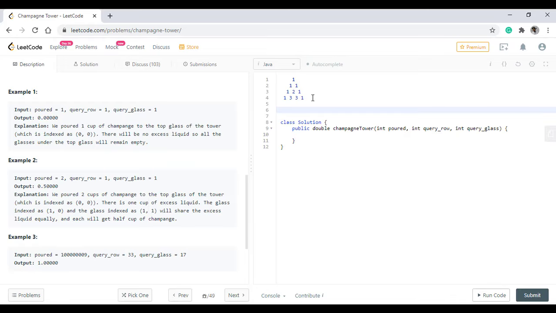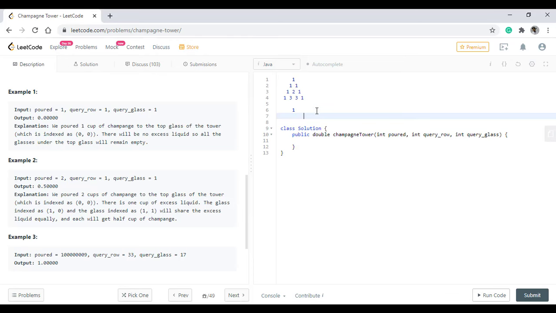So the basic instinct is, let's take this second example and see if we are pouring two amount of champagne. From the amount 2, this one will remain and the rest remaining one will get poured into the below glasses, which will now become 0.5 and 0.5.